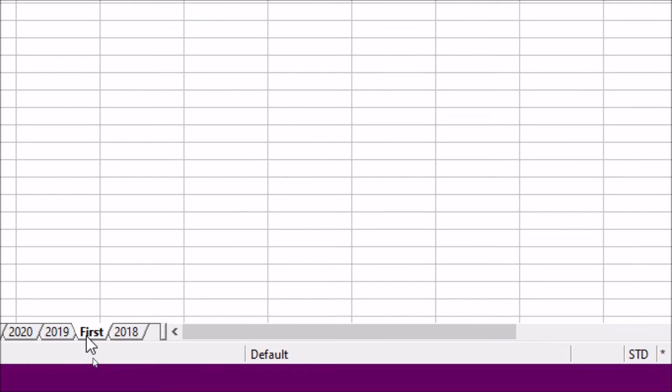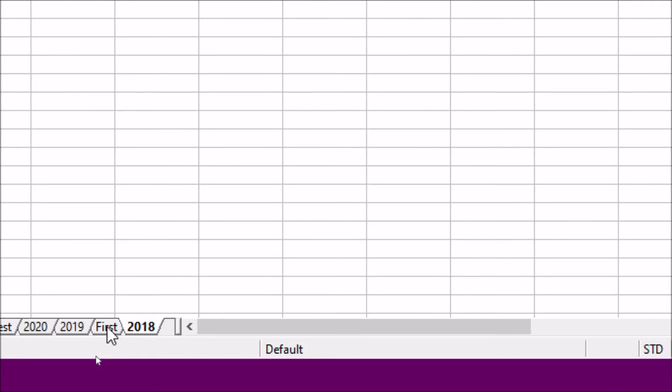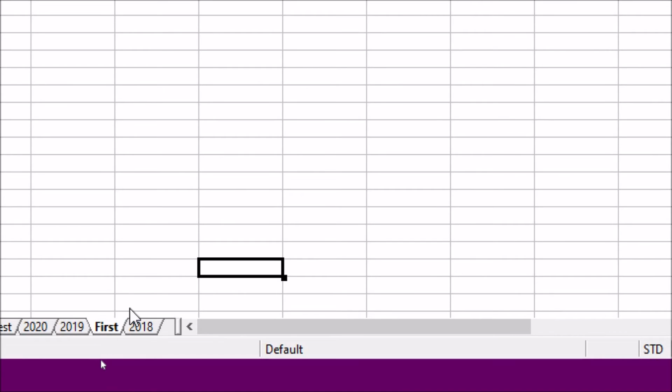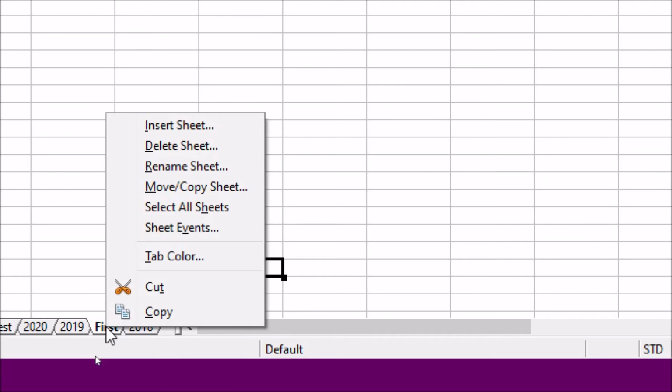And if you want to rename the sheet, how to perform it? You just select the sheet from here, whichever sheet you want to rename. I'm just going to rename this first sheet as my sheet. So I've selected the sheet. Now I'm going to perform a right click on this sheet, and then I'm getting a third option as rename